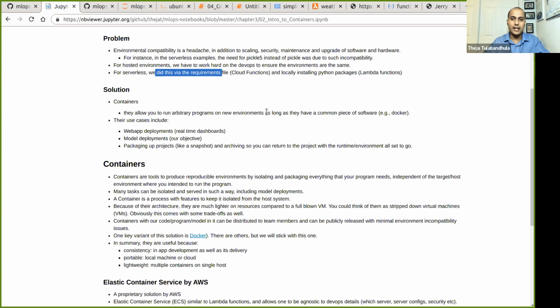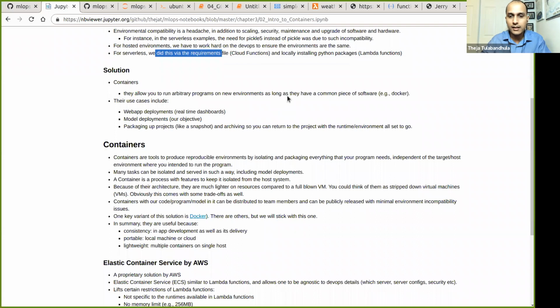The way it works is that as long as there is one piece of software in all these other locations, there's going to be virtually exactly the same experience of running your model serving code anywhere. That extra piece of software is for example called Docker. It doesn't have to be Docker, there are many other choices, but Docker is one example.